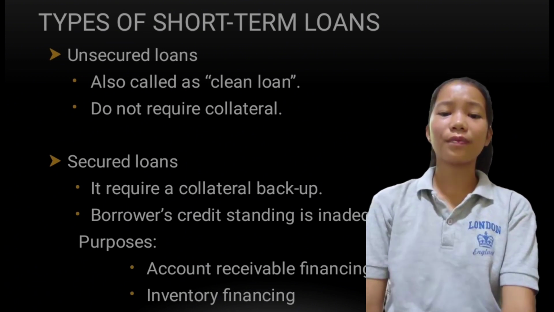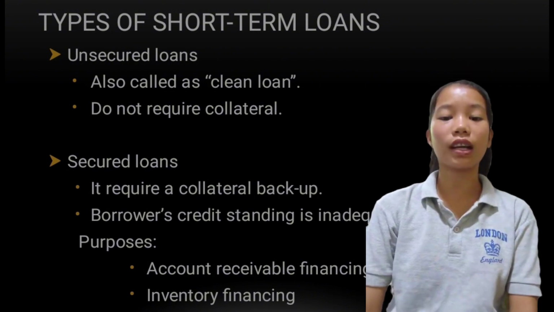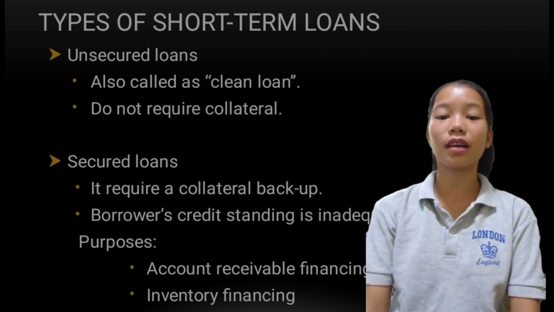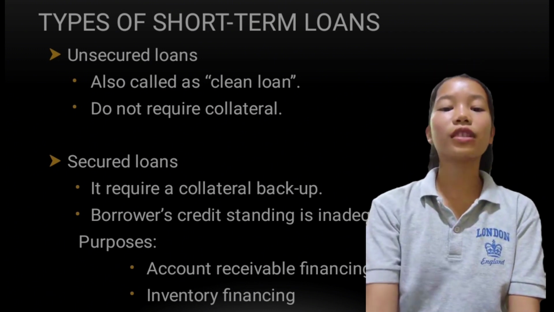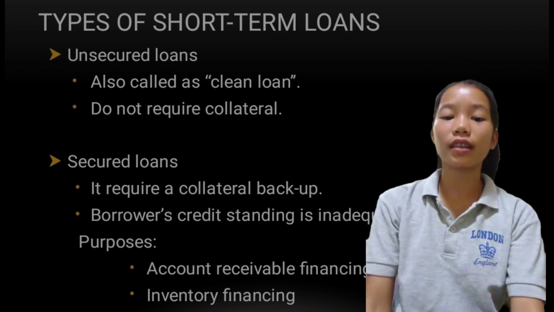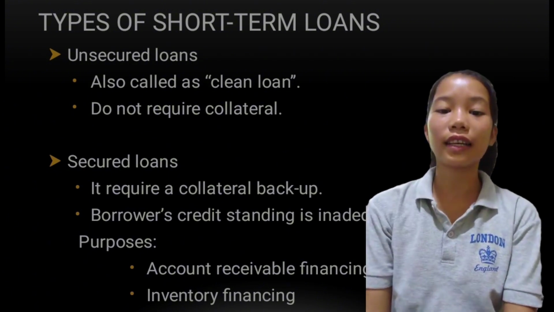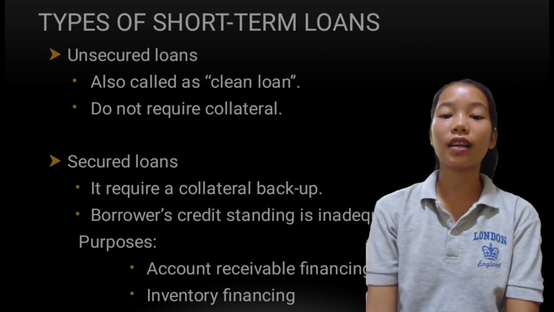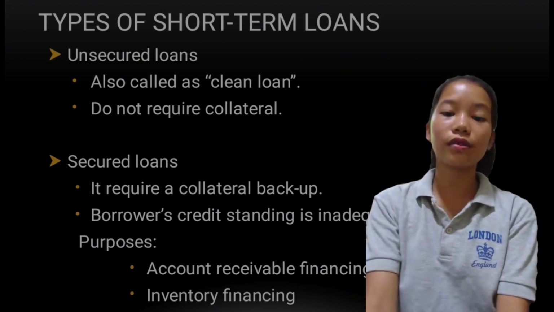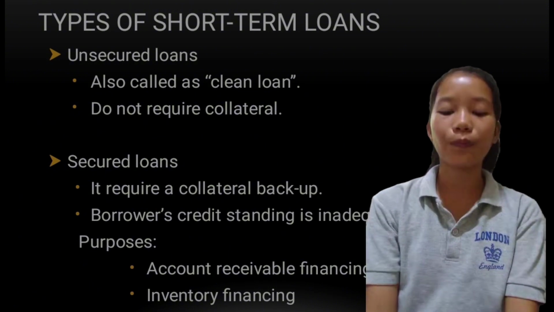So, if mag-kuha kag clean loan, dili na nimo kailangan nga mag-sacrifice ka sa asset nimo para lang makakuha kag loan. So, clean loan raman siya, so dili ra nimo kailangan ug mga chichiburiche para lang makakuha ka nga loan. So, no collateral required, dili na kailangan mag-pledge kag any assets para lang makabaro ka og money. So examples of unsecured loans is the credit card, personal loan, and student loans.